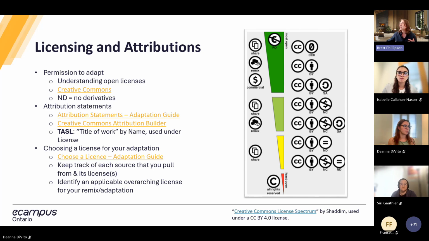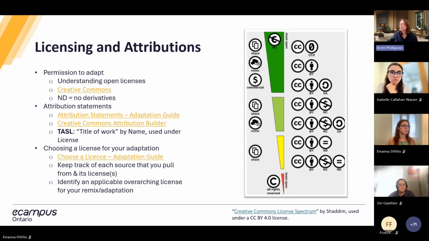So first thing is there are many types of open licenses, but the ones that you'll see most common and the ones that I encourage you to use are Creative Commons licenses. I've included a link on this slide to the description of the Creative Commons licenses on the Creative Commons website. But broadly, these allow creators to retain their copyright over material. It's not a public domain, but to share certain permissions, allowing others to copy, distribute, and make certain specified uses of their work. And there are a variety of Creative Commons licenses, all of which specify different permissions that are allowed by the terms of that license.